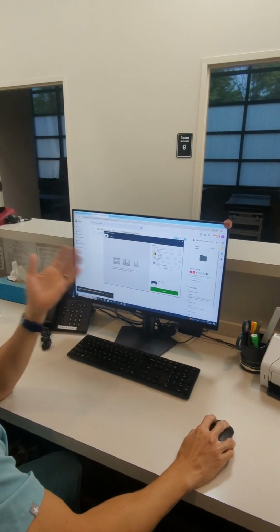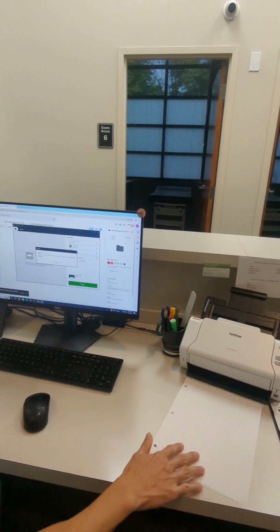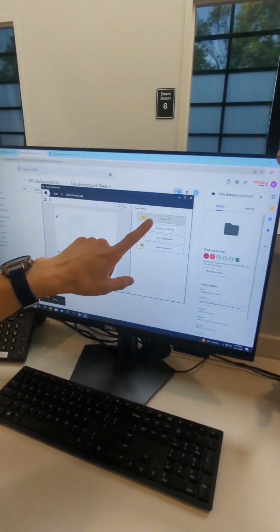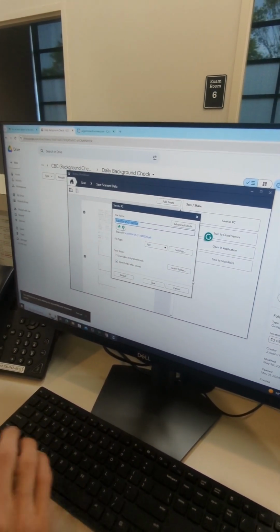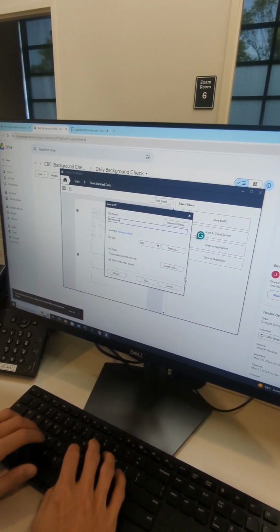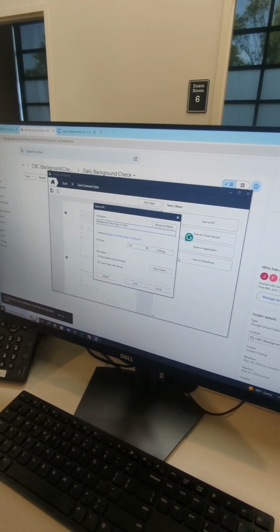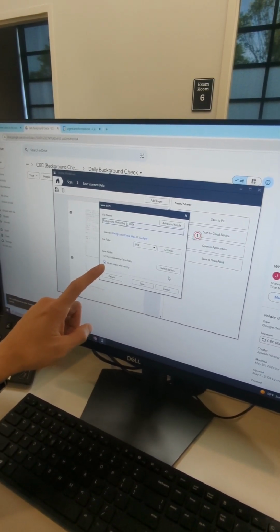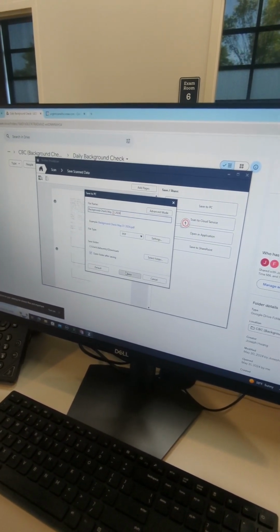But you would scan this in like normal. So once you hit scan, it'll come through. And then you would hit save to PC. That's all the same. As long as we name it and have the date, that would be fine. So I can name this background check and then May 31st, 2024. This button here can be helpful. Open folder after saving. That way you can just drag and drop. So when that one's checked and I hit save,